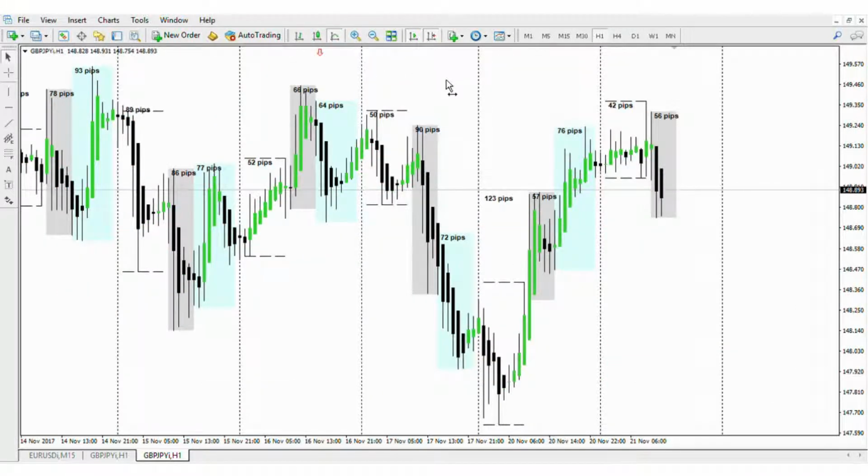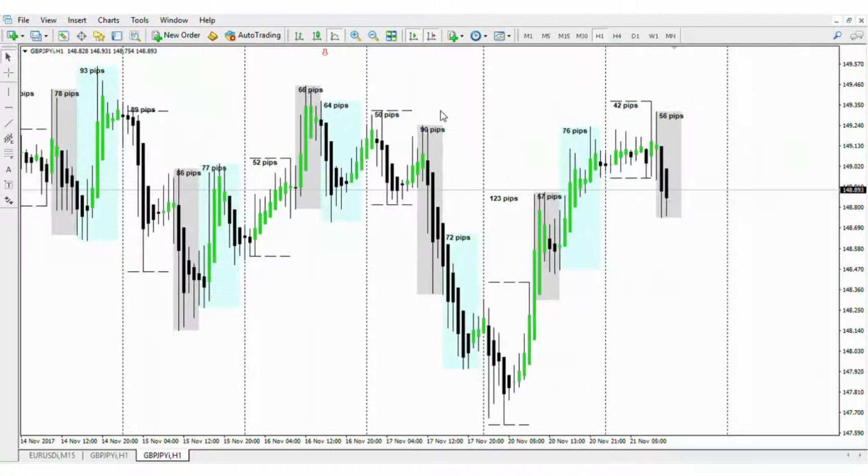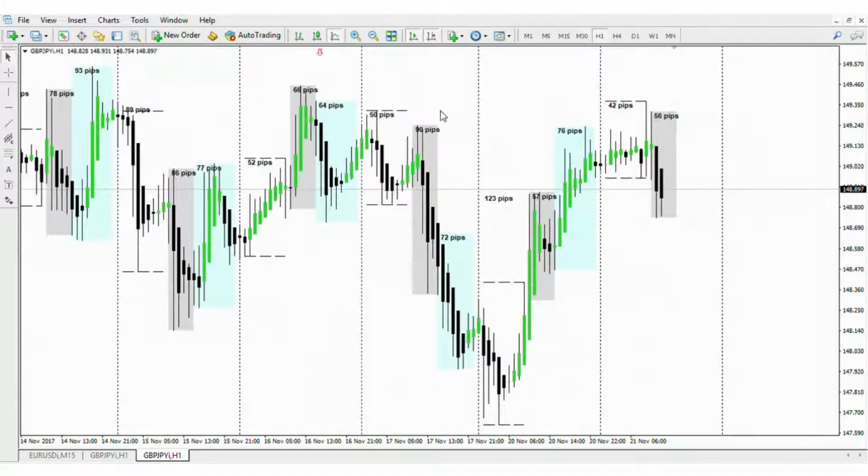Okay, so you can see here the Heikin Ashi candle. Why do I use the Heikin Ashi candle? Because I feel more comfortable with the Heikin Ashi on the hourly time frame, because my strategy works like that. So whatever you see between these two lines are the Asian session movement, and whatever you see in this grayish blue box, that is the London movement,